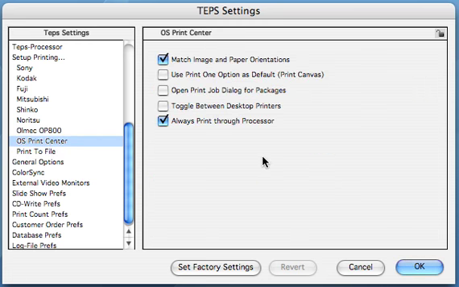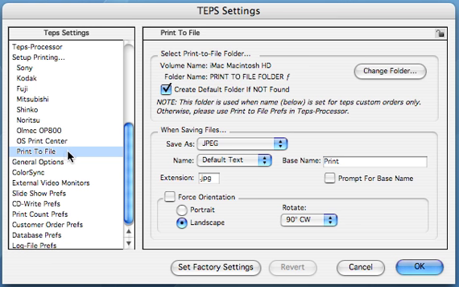The print center, this is dealing with if you're going to send a print out to the OS print center, to like an inkjet printer. These are just some options you can choose. So you can have it match the image to the orientation. Open the print job dialog for packages, toggle between desktop printers, so if you have two same inkjets it'll go back and forth. It'll always go through the processor, so have the processor do all the work rather than doing the foreground. And the print to file, like I said, we don't really use. And that's about it for this